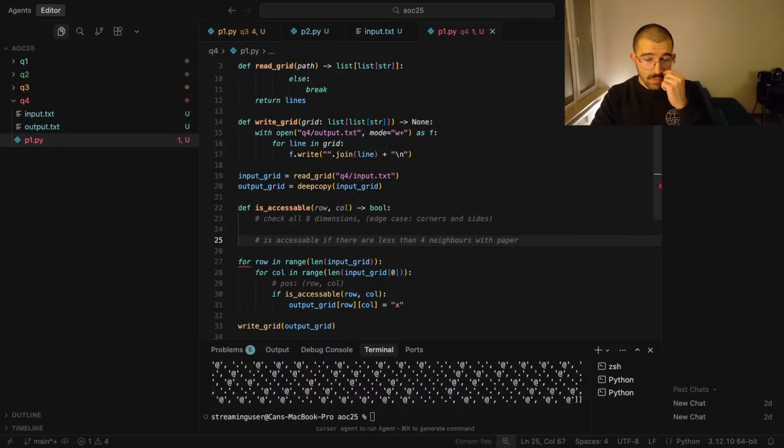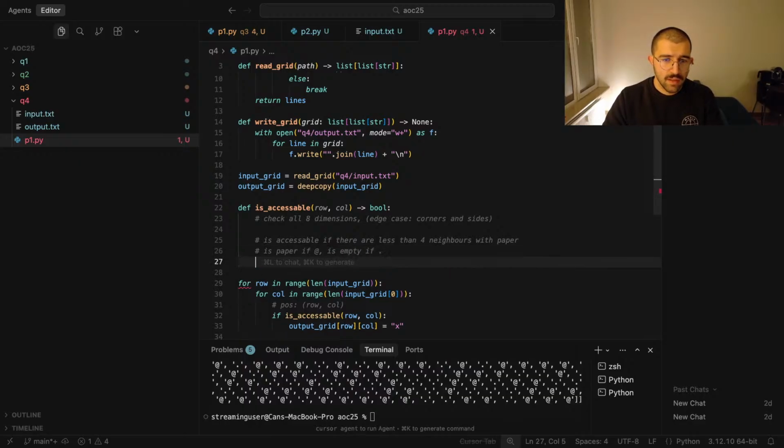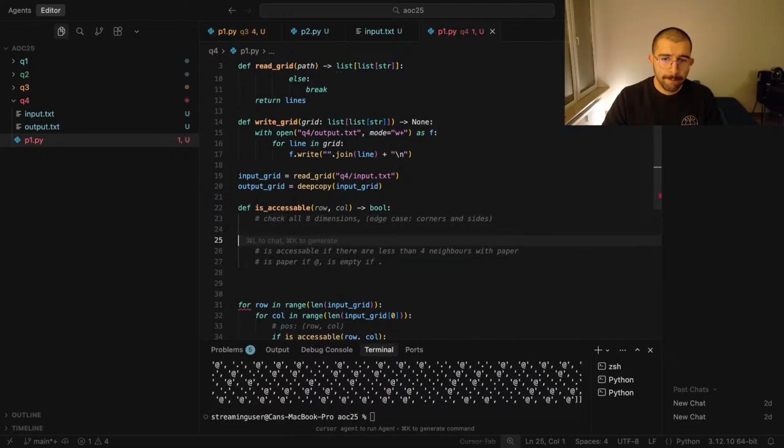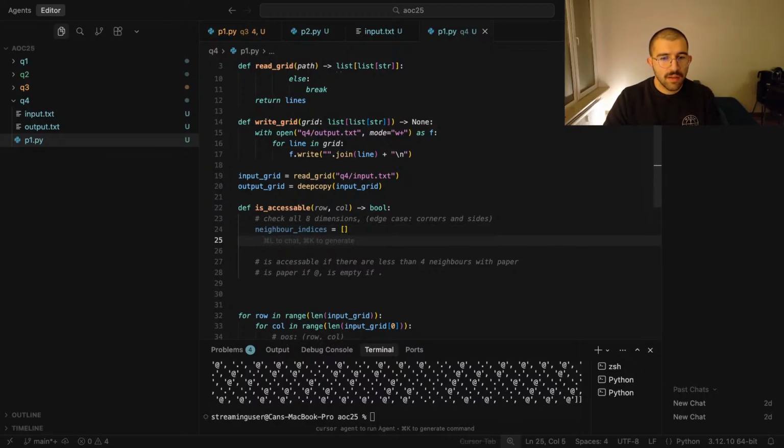Basically you can have neighbor indexes, right? You can calculate it, but let's have it in terms of, I think,